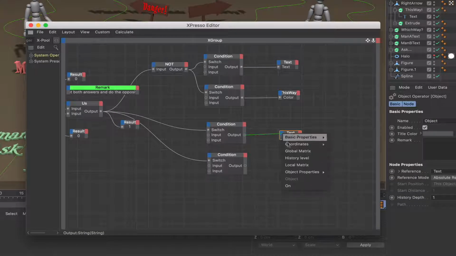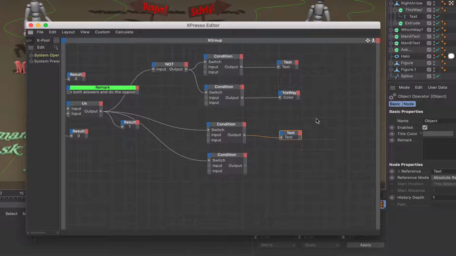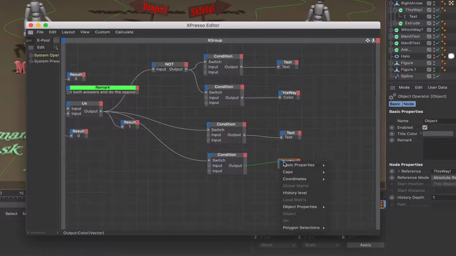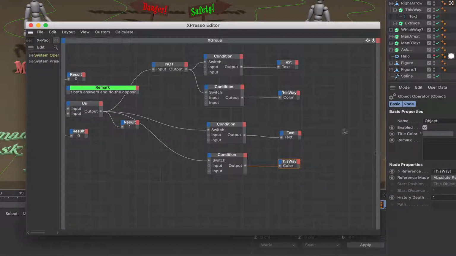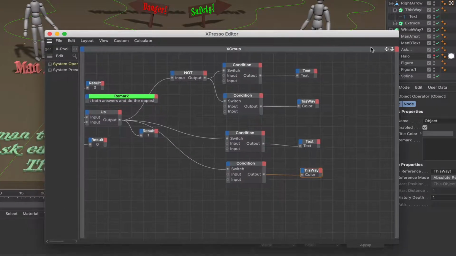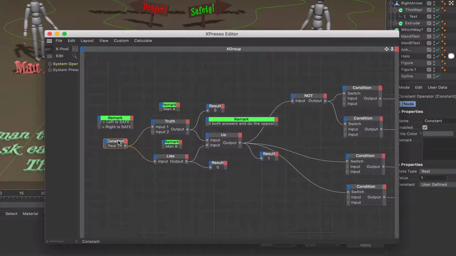Plumb this one into text, and straight away it lights up. And then bring in the extrusion with this way on there. Plumb that into color, and straight away we get it, and you can see that we've got what we want. So we now have the ability, if we wish, to change the